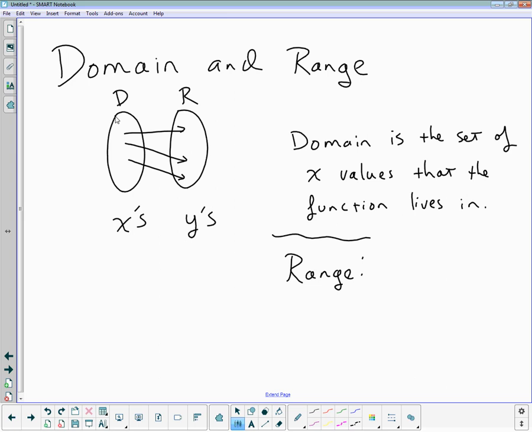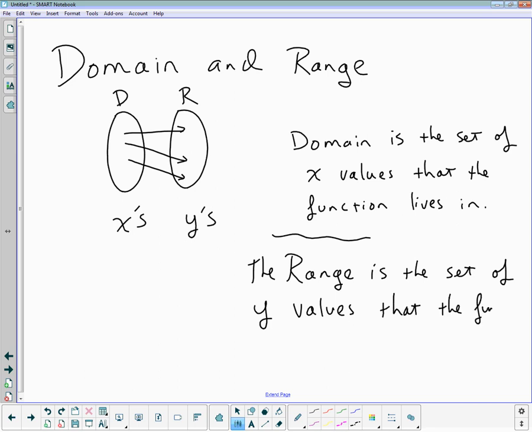Range. The range is the set of y values that the function produces. So x's are your domain and y's are the range. So in pictures,